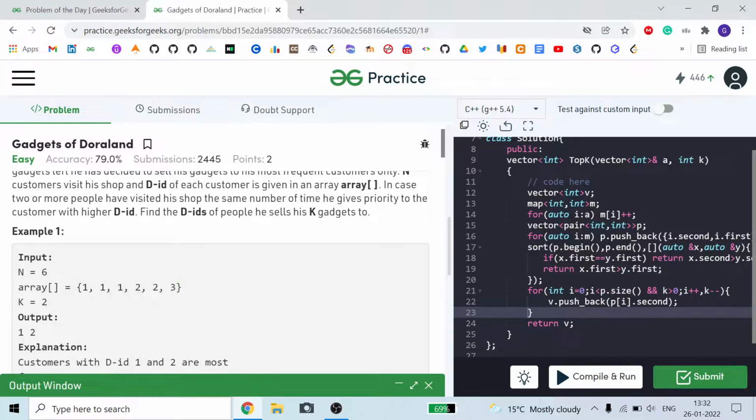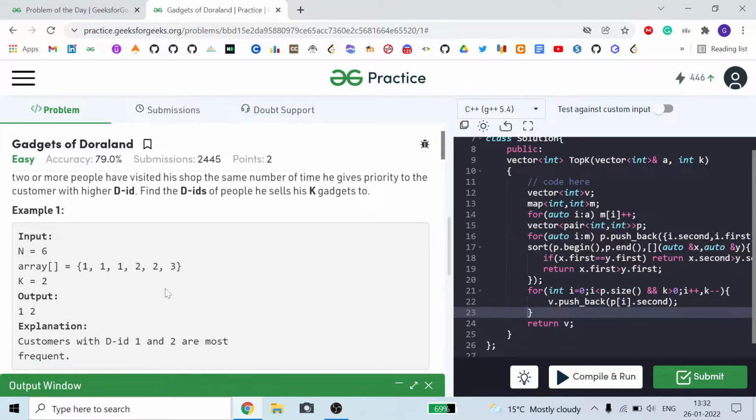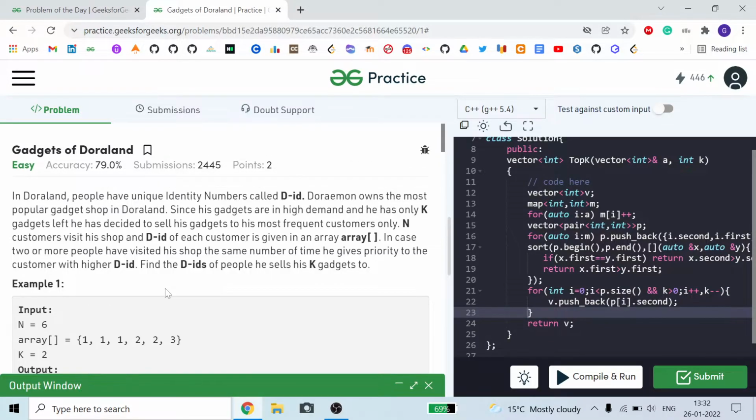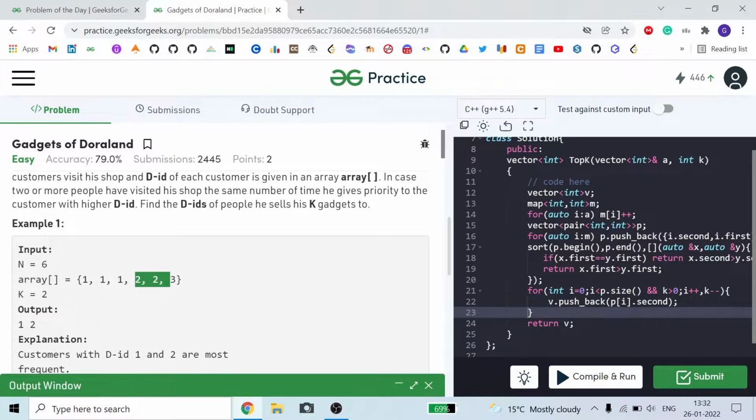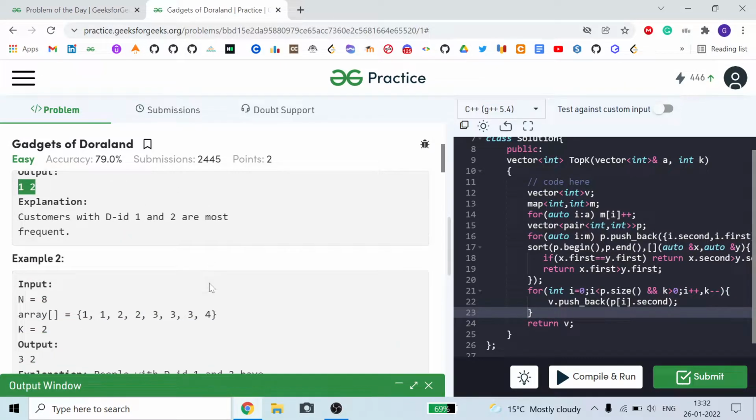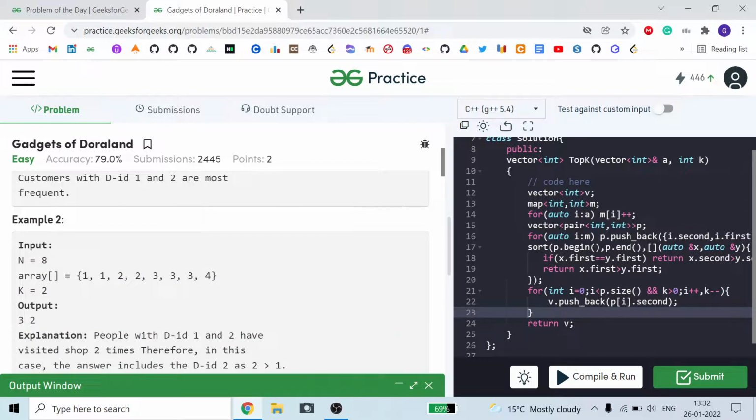And how can we choose it? Our order of choosing any number is by which occurs the most times. Like here, 1 occurs three times, so we will choose this. 2 occurs two times, so we will choose 1 and 2. But if numbers occur the same number of times, like here 1 occurs two times, 2 occurs two times, and 3 occurs three times, so my first number is 3. And as you can see, I can only choose two maximum numbers.